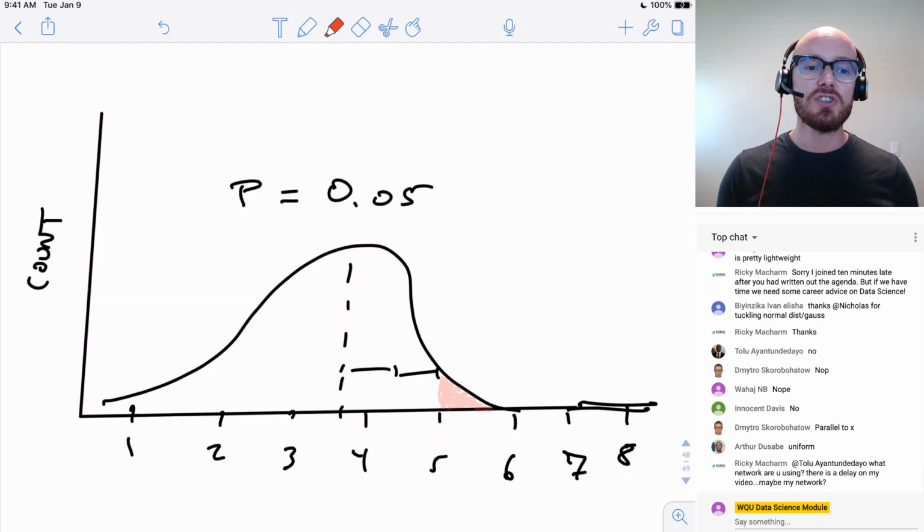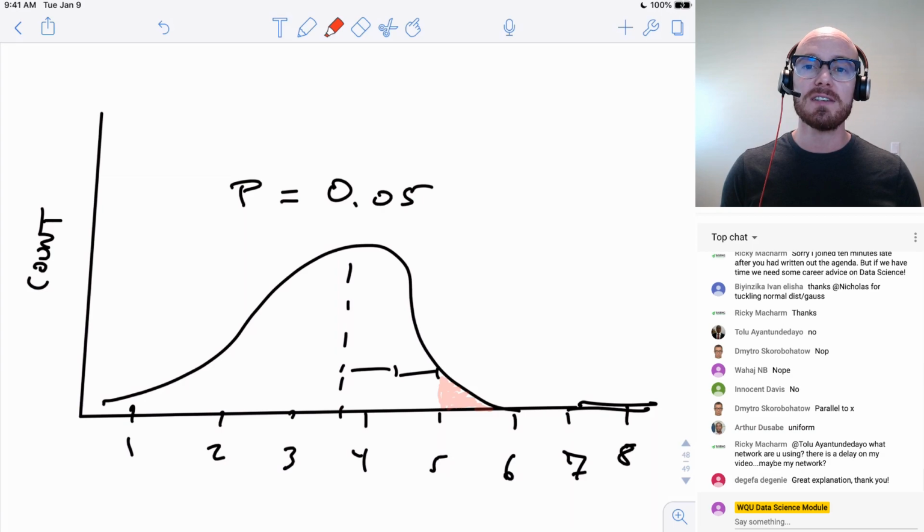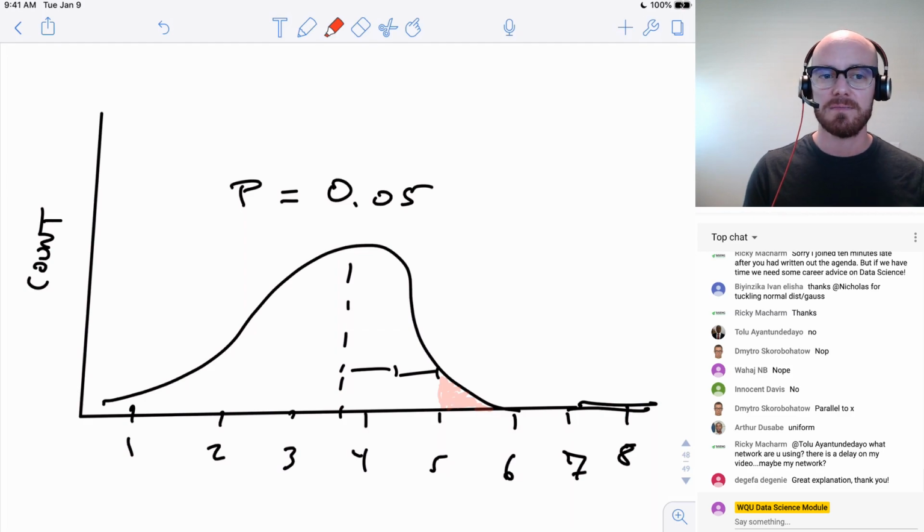So generally speaking, you use a normal distribution when you have reason to think your data is distributed normally, and you use 0.05 as kind of a default, but you can change it depending on how certain you want to be before you reject your null hypothesis.